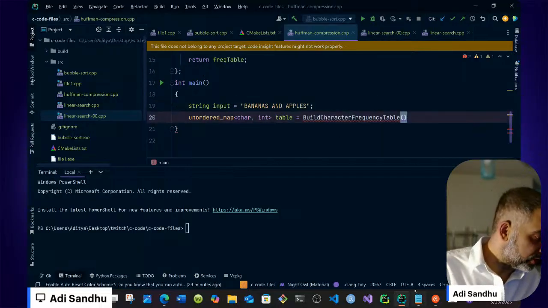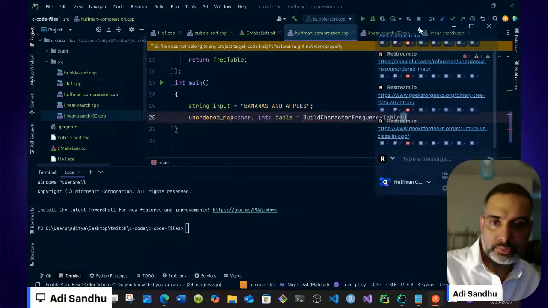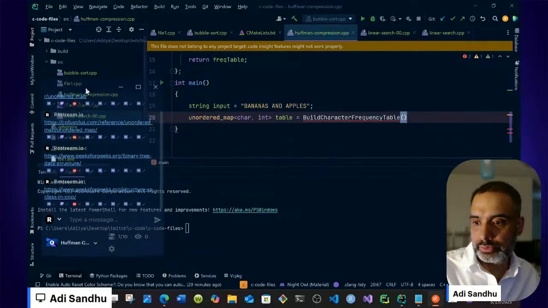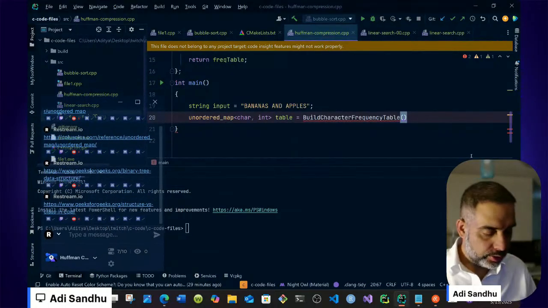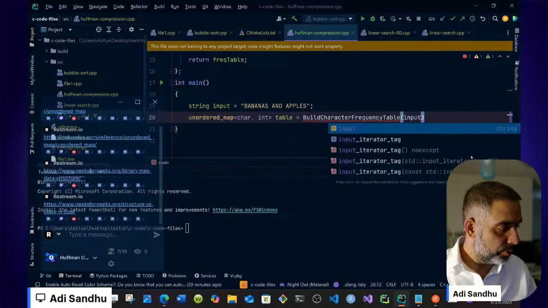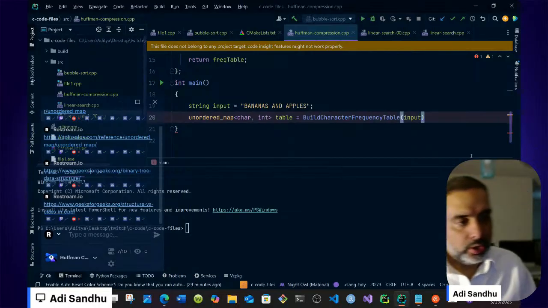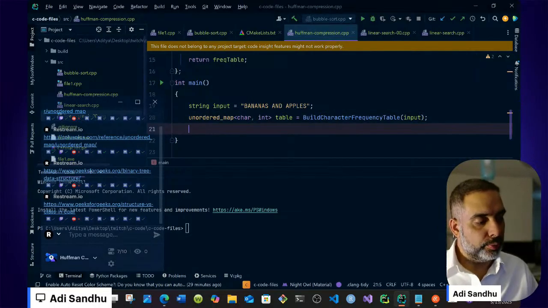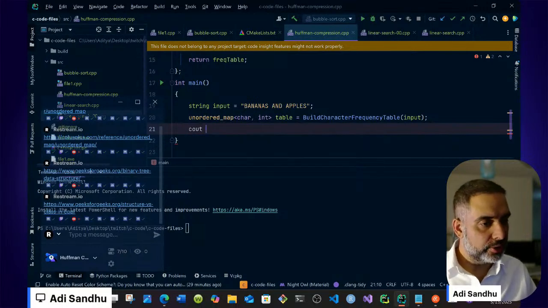So we're going to pass that in there. We'll put in input like that. And what do we want to see out? Now we don't do standard, right? Because we don't have the